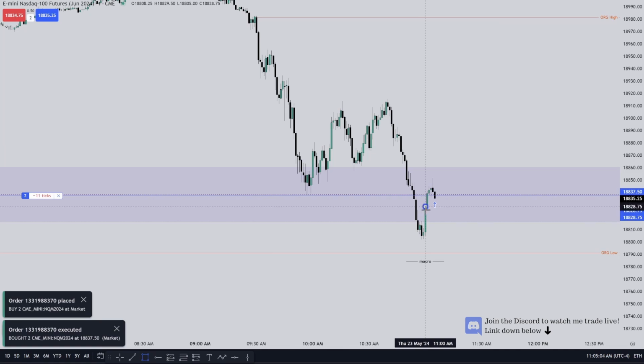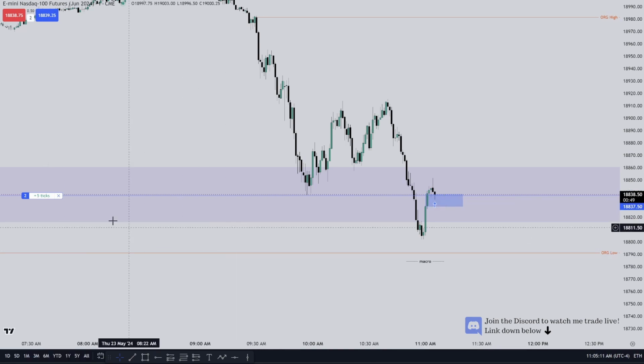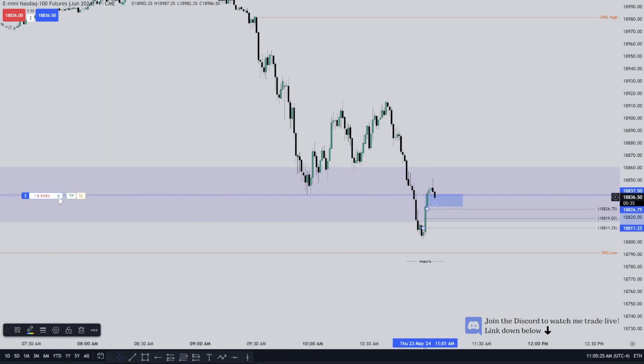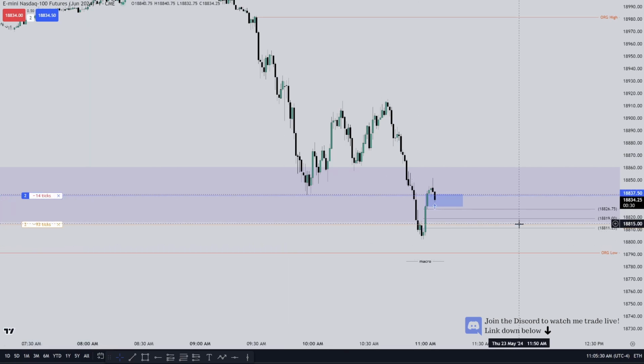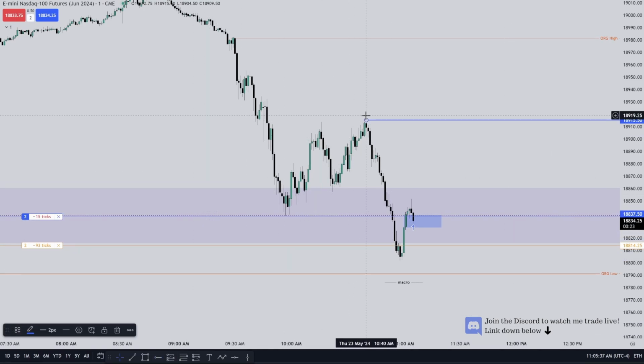Right there. That's my entry. Stop loss is going underneath consequent encroachment of this breakaway gap. I don't want to see midpoint of this fair value gap traded to, so my stop loss is going to be just below that. Take our fib. All right, and first partial, I'm aiming for these equal highs up here.